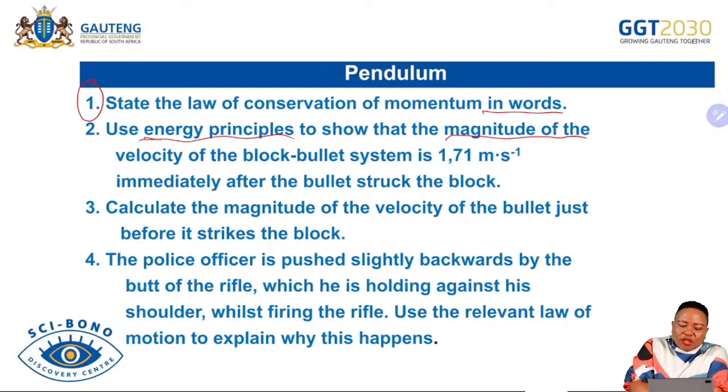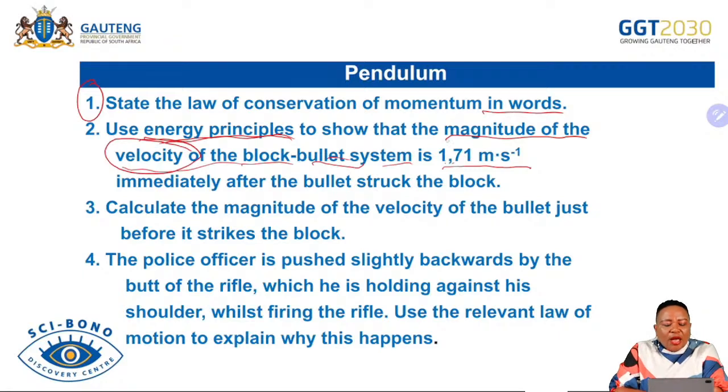So they want you to use the energy principle to show that the magnitude of the velocity of the block-bullet system is 1.71 meters per second. So they want you to show that the velocity of this bullet-block system is 1.71. So obviously, you are going to use